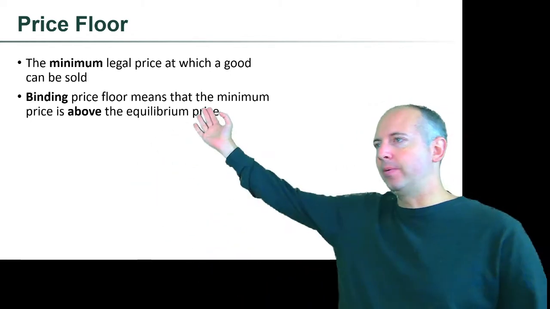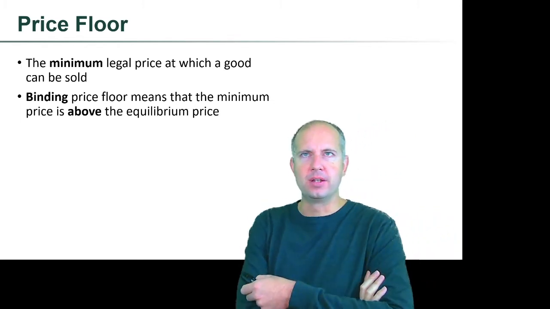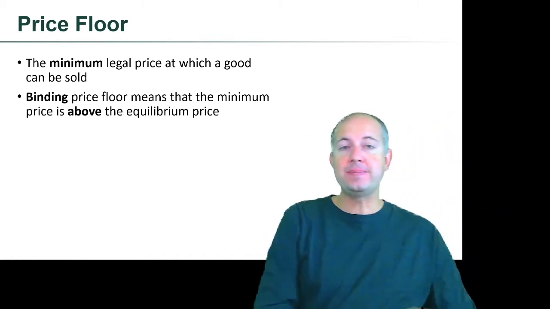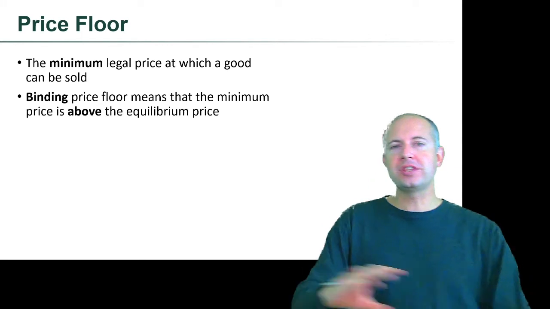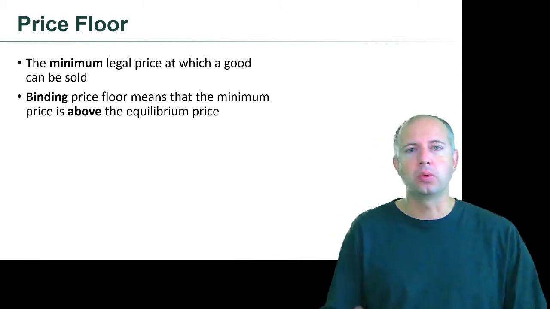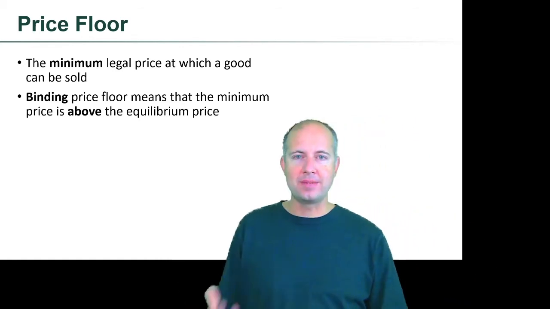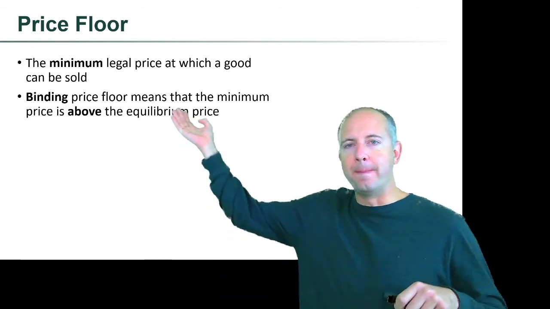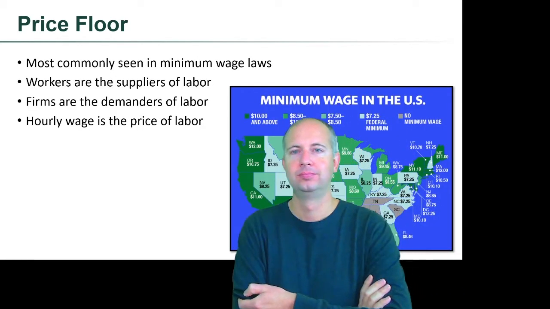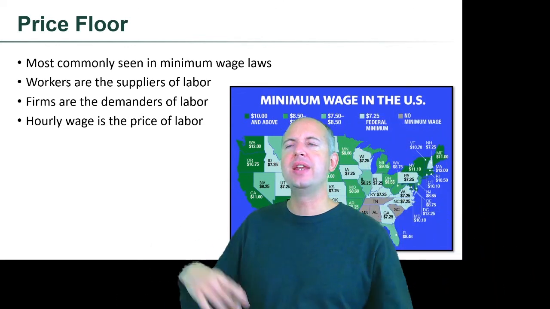Let me go back a slide and think about what we mean by binding. A binding price floor means the minimum price is above the equilibrium price. If we were to make a minimum wage price floor of 25 cents, that would be a non-binding price floor, right? Whatever the equilibrium wage would be without restrictions, it would not be 25 cents. There are not enough people willing to work for 25 cents an hour. So a binding price floor is when minimum wage actually makes a difference, when the minimum wage is above what the wage would be without the restrictions. And so minimum wage says it is illegal to work or to hire someone at the equilibrium wage.